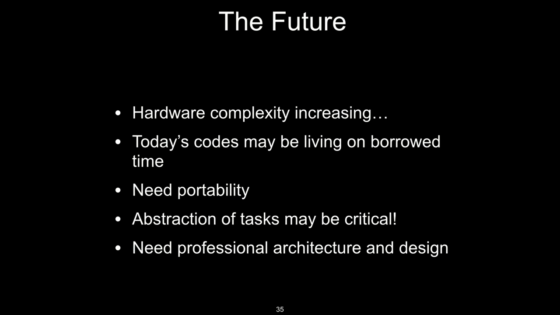And so the codes that we're working with today that are community codes that are broadly used might be on borrowed time. They're going to need to be retooled, really, and maybe in some cases rewritten to work on the next scale of leadership class computing facilities. Moving towards that, we're going to have to rely very heavily on community efforts, right? Because this is something that no individual can address on their own. We really need to rely on the best practices of community code development to be able to leverage everyone's effort in tackling these very serious technical challenges that our codes are going to be faced with on these new hardware architectures, because we still want to do our science.